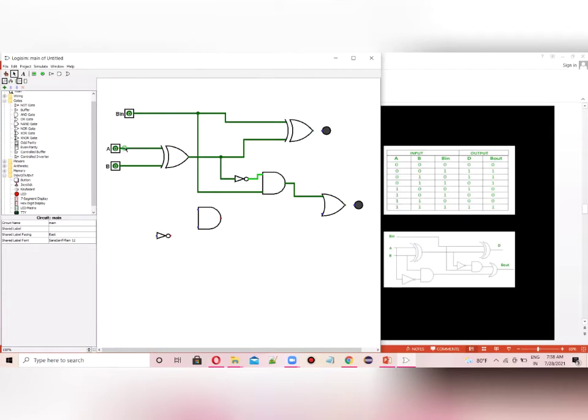Now this A will be connected with this, then with this.